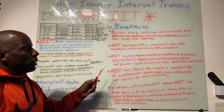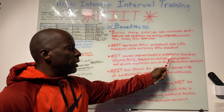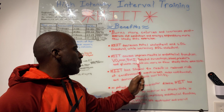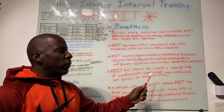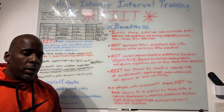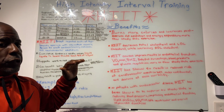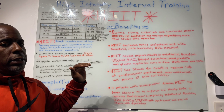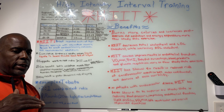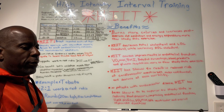Also, HIIT causes improvements in endothelial function, VO2 max, BMI, body fat percentage, blood pressure, and glucose regulation, more so than steady state exercises. So notice that what I am doing here is that I am comparing HIIT to your traditional steady state workout. So again, your steady state workout is your moderate intensity, long duration workout. Again, where you're on the treadmill for 20-30 minutes,